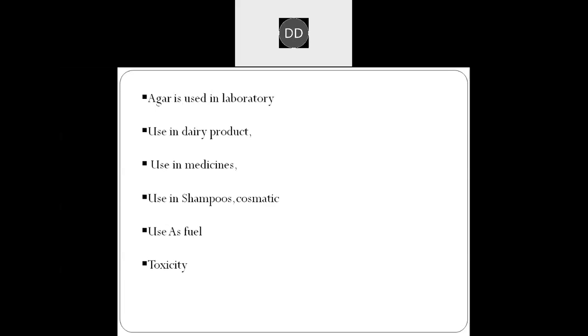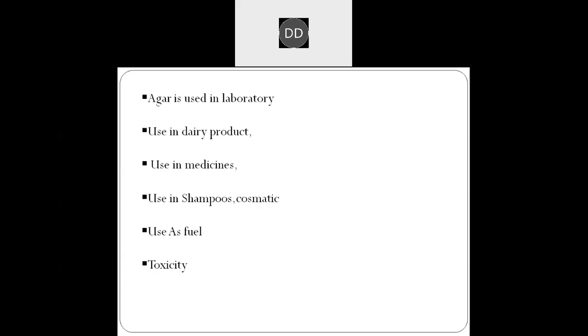Agar: we know that in tissue culture technique, for the preparation of media, we use agar powder. This agar powder is also extracted from red algae such as Gelidium and Gracilaria. These are the red algae from which we can extract agar-agar powder, which can be used for tissue